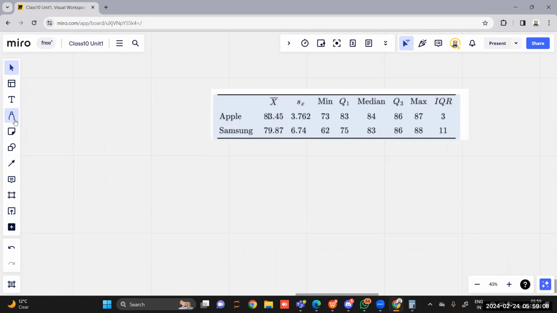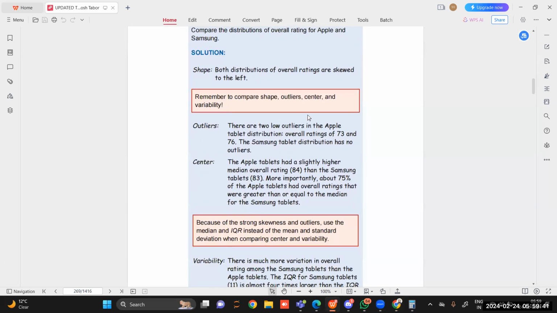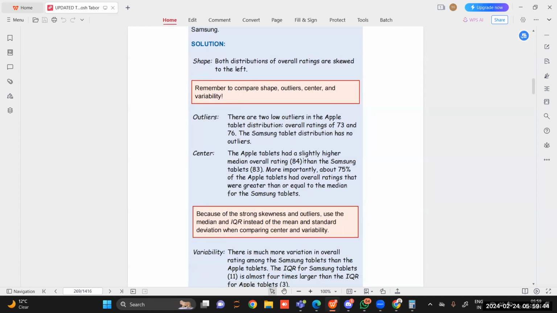See here in Apple, it's coming 83. The Q1 is 83 and the Q3 is 87. And you can see that there are data points greater than this, so there are outliers in Apple. So this is the center. The Apple tablet had a slightly higher median overall rating. See, the median rating is 84. The Apple has more rating, that's coming to be 84, than Samsung tablets. More importantly, about 75% of the Apple tablets had overall ratings that were greater than or equal to the median